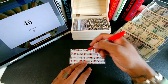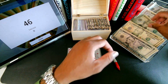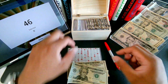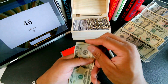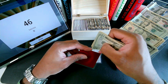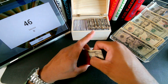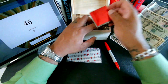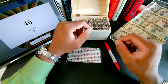We are taking off house for 46. And 46 goes up to 50, and we're going to grab an envelope, and it's a regular envelope, and we're going to put 50 in. So standard 100 envelope challenge, you are set to save if you put that specific amount into the 100 envelopes that are set for 100. If you put 50 into 50, 1 into 1, 2 into 2, so on and so forth, you are set to save